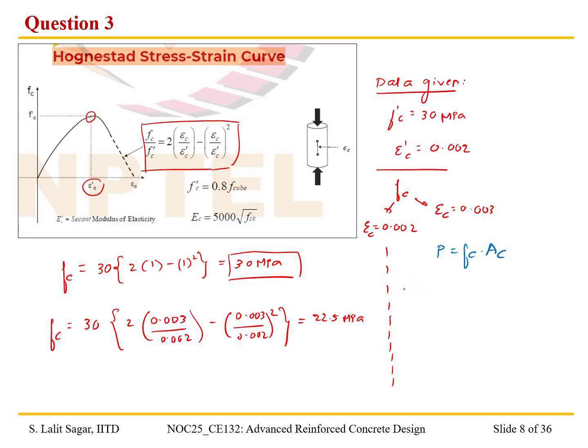So P1 corresponding to 0.002, and P2 corresponding to strain of 0.003 is equal to 30 into 300 square by 1000, converting from Newton to kilonewton, and then 22.5 into 300 square by 1000, which gives us a value of 2700 kilonewton